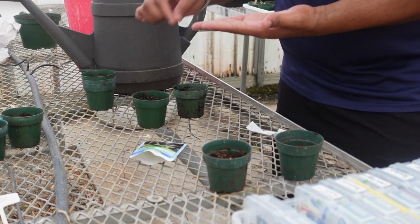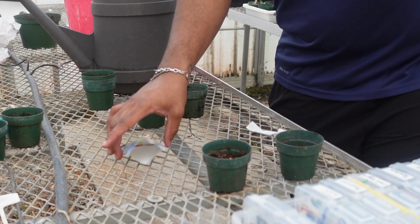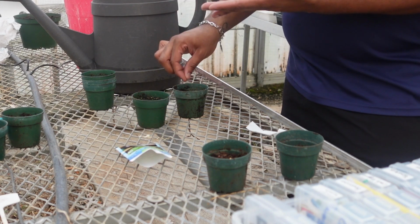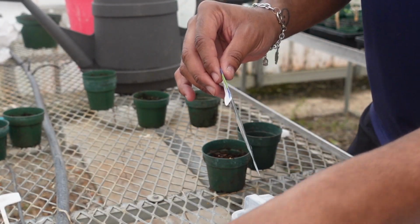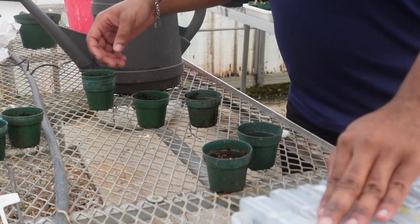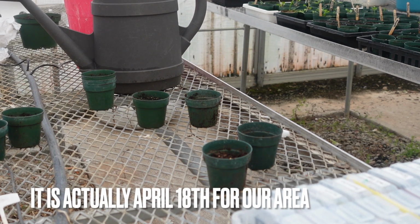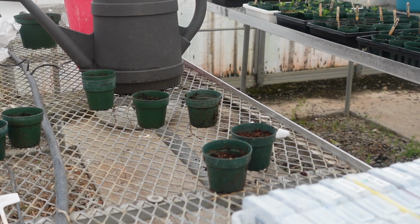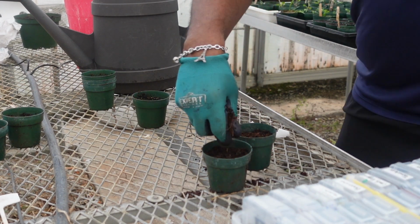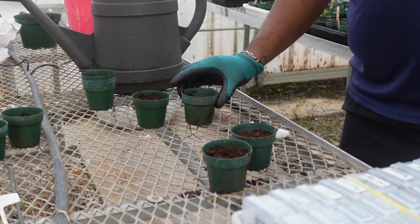Because, for example, here in Georgia, I believe our last frost day is April 22nd. Correct me if I'm wrong if you're in Georgia too, but I do believe the Farmer's Almanac said April 22nd. So that's what, 4-6 weeks away. And by the time the frost passes, you want to be able to put your plants out,